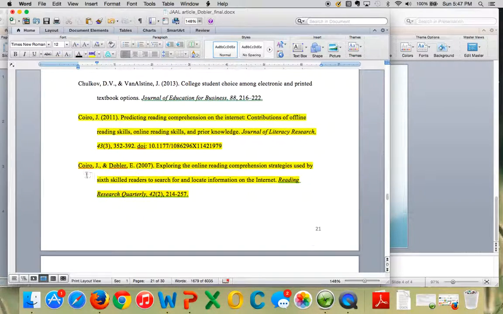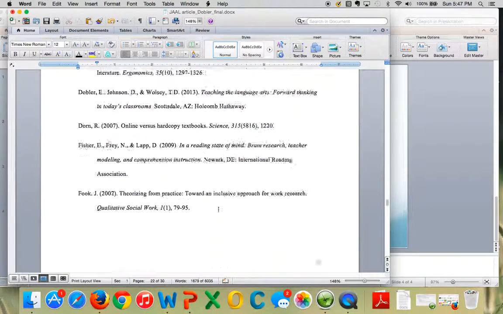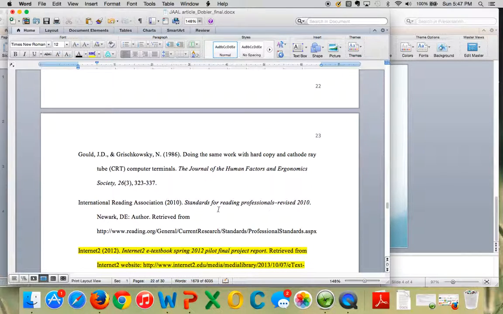All right, journal article with more than one author. Notice the comma after the first author's initial, the and sign, second author, year. Notice again the title, not only the first word is capitalized. Notice the title of the journal, capitalized in italics, edition is in italics, issue is not, and then page numbers. So those are very similar. I want to show you